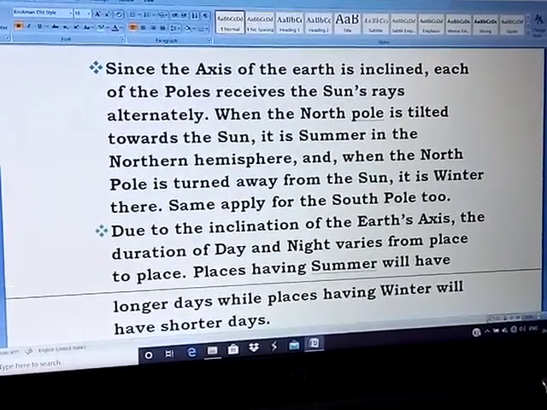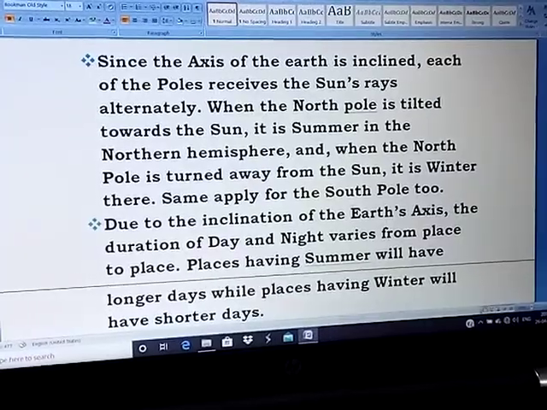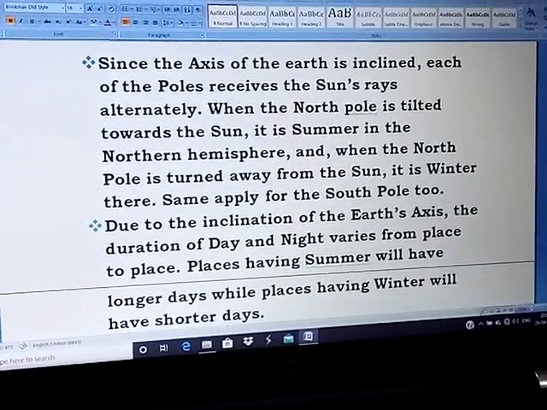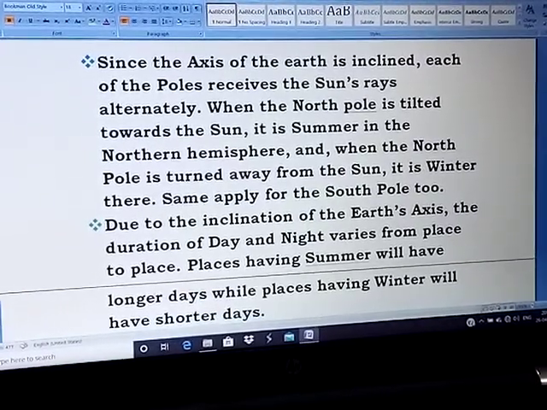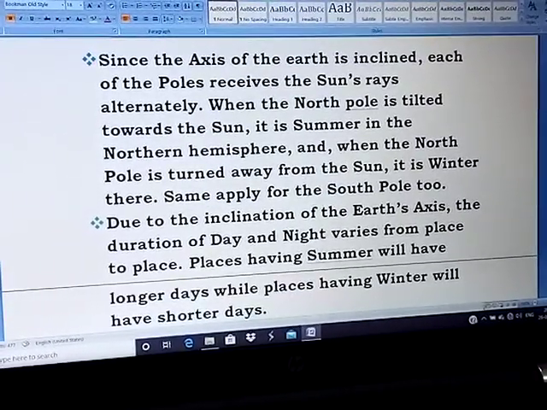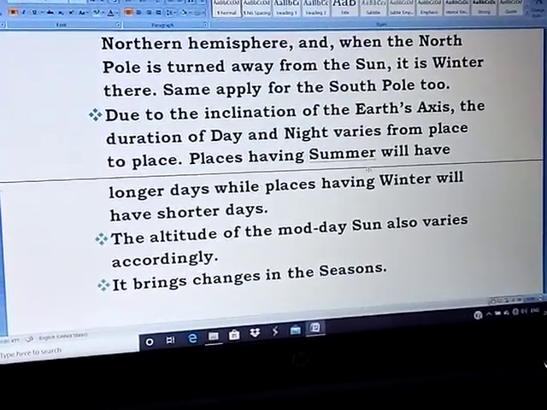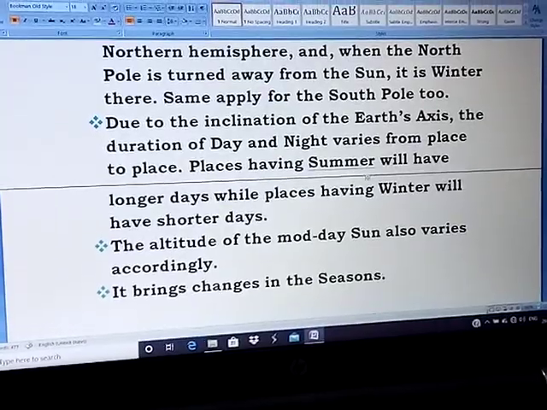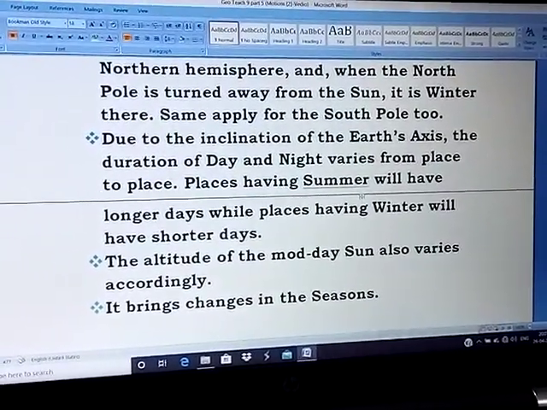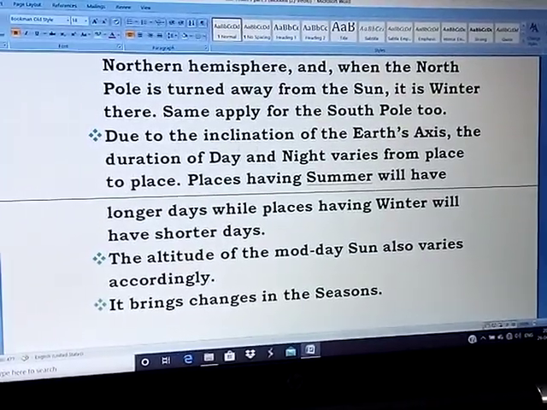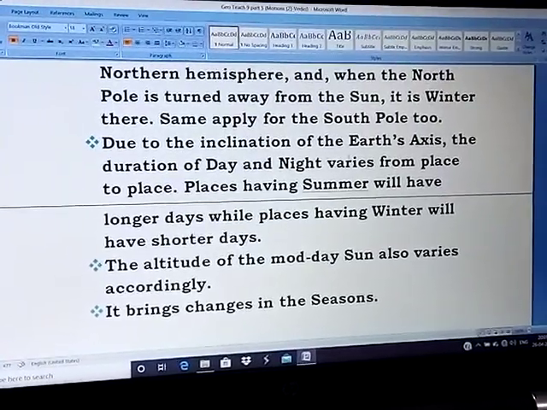When the North Pole is tilted towards the sun, it is summer in the northern hemisphere, and when the North Pole is turned away from the sun, it is winter in the same. So the same formula applies for the South Pole too. That means when the South Pole is close to the sun, then in the southern hemisphere you will have the summer and vice versa. Due to this inclination of the Earth's axis, the duration of day and night varies from